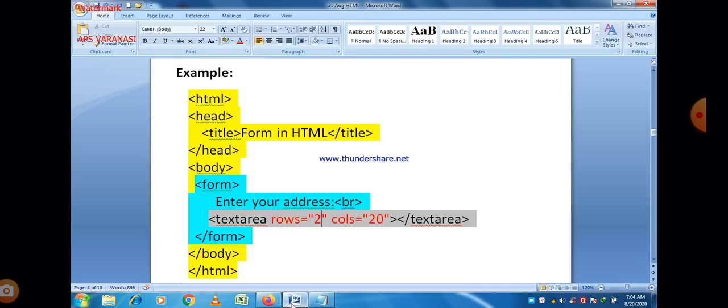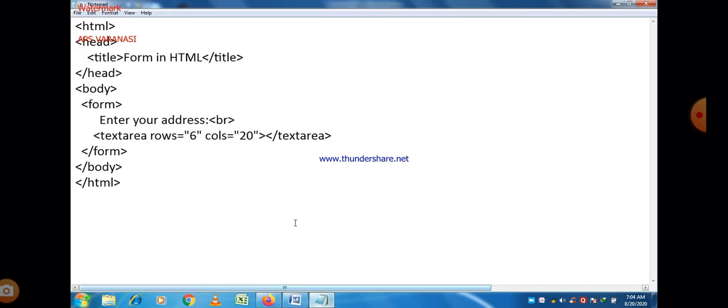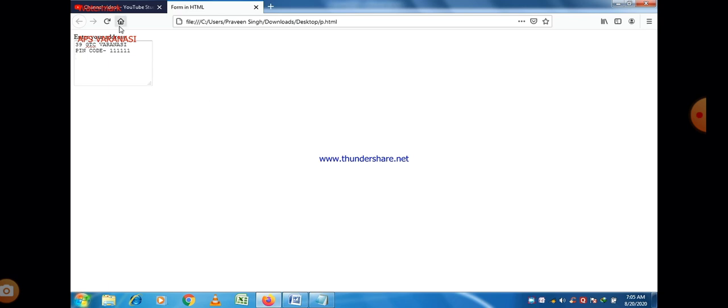But if you want to increase the text area in terms of number of columns, it is also possible. So let us make a change here. Cols is equal to 60. So now in terms of column, area will be 3 times larger than the previous one. You can easily see here.